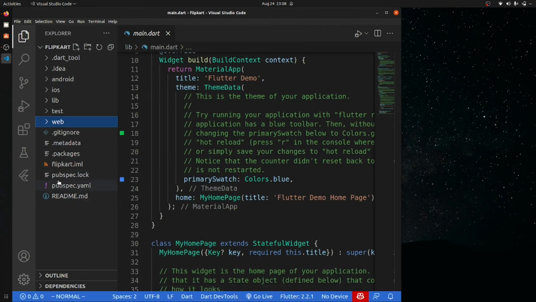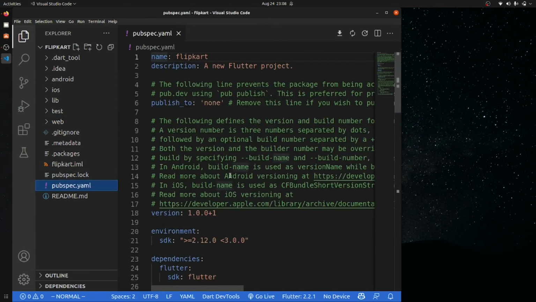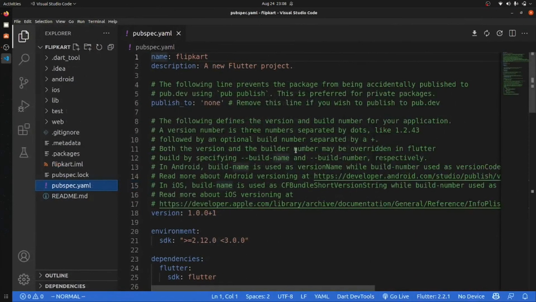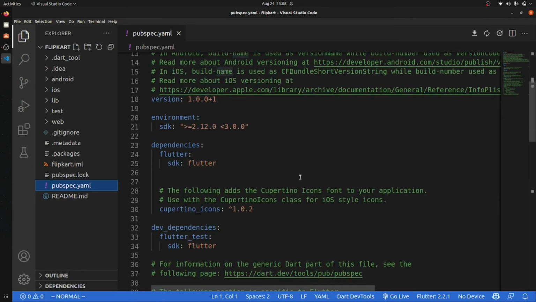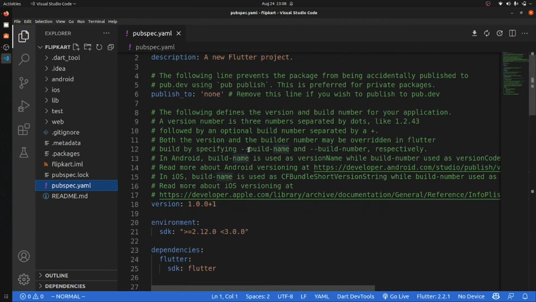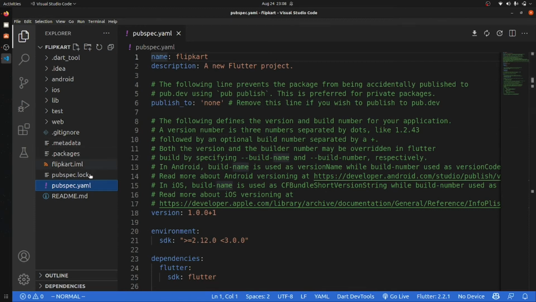Okay, in the same way, this pubspec.yaml is the core or the heart of your Flutter project. It will contain all the details, all the dependencies that we have, like we have package.json in our Node project. Similarly, it will also have that thing. And it has created some other files which we don't need to go into detail on. But if you want to be an intermediate or an advanced developer, then these files will be helpful for you. But I'm making this video for beginners, so for now we can skip these files.